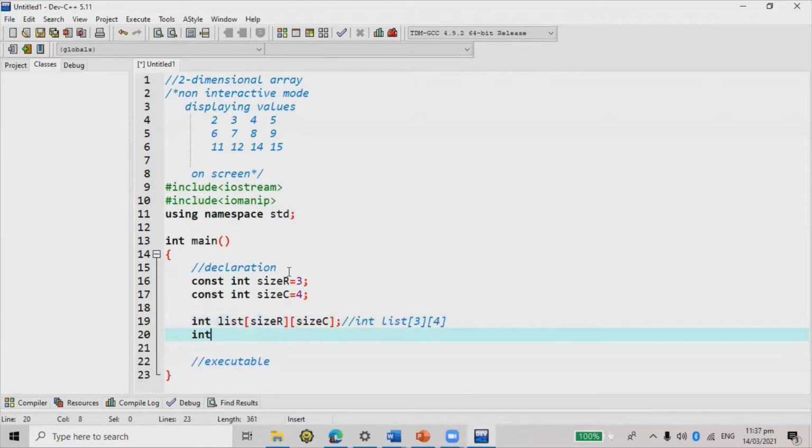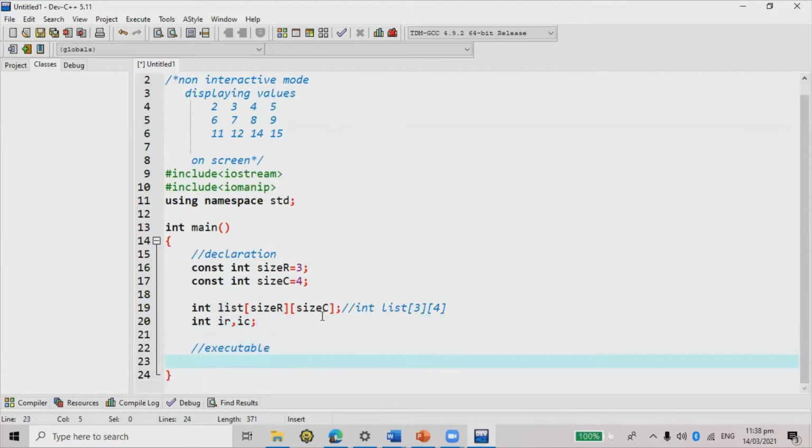Next, we're going to make use of the index for row and the index for columns. I'm going to use IR for the index of row and IC for the index of column. So that's the declaration. For the executable, we do not prompt the user to input anything because this is a non-interactive mode. So we're going to just display the values 2, 3, 4, 5, 6, 7, 8, 9, 11, 12, 14, 15 on screen. So I'm going to display cout,